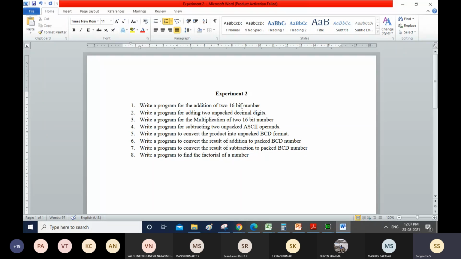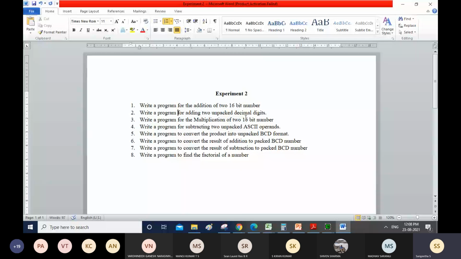When you are adding here, you can take an 8-bit number, so I can take AL. I think I already explained this program of adding unpacked decimal digits. You can take MOV AL, 67, some 8-bit number, and perform addition. Take two numbers in two registers like AL and BL. After addition, if the final result in your AL is, say, 67, check what your AAA instruction will do after that. You have to execute it.